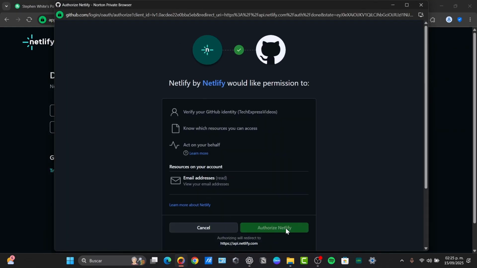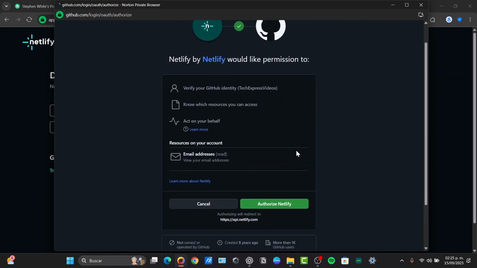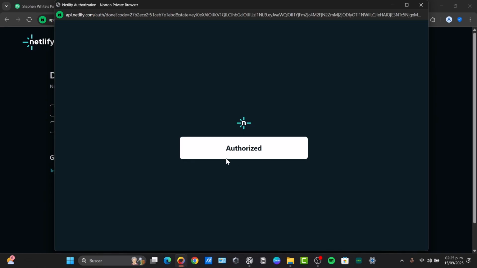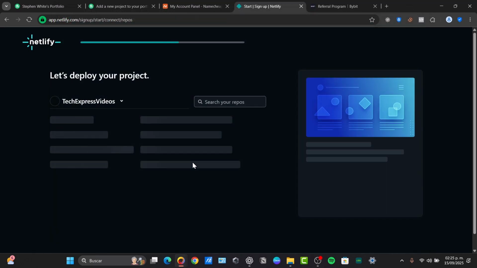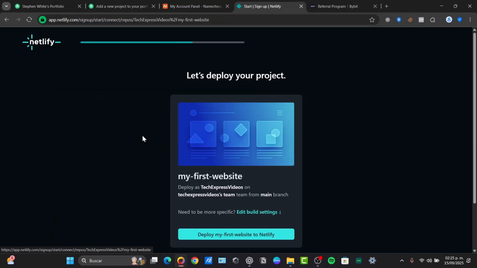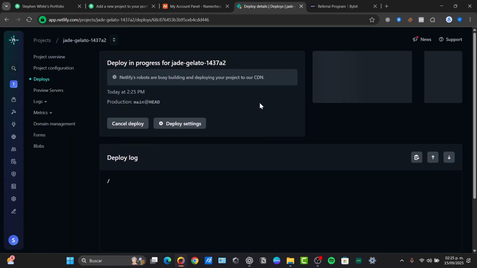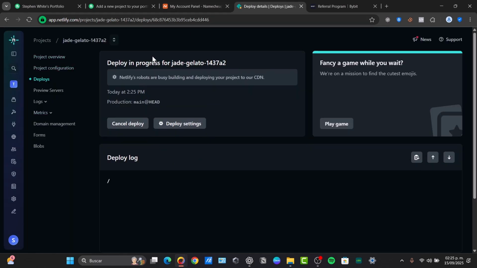Then I choose to deploy my project with GitHub. I authorize Netlify. If you don't have a GitHub account, this could be the right moment to do this process. It's not that hard, and making the installation between Netlify and GitHub is not that hard. When you have done this process, you can deploy the first website into Netlify. So now here, what I need to do, of course, is